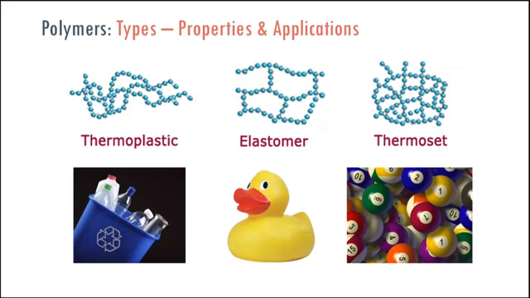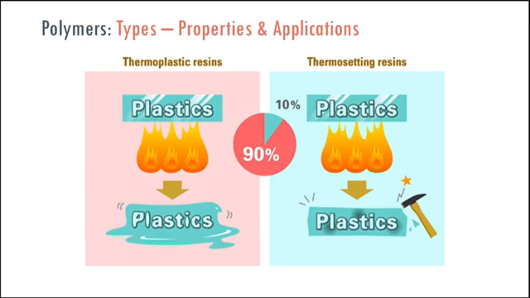The next classification of the polymers is classified by the molecular force. According to the molecular force, the polymer can be divided into three major parts. They are thermoplastic, elastomer, and thermoset. What is the difference between the thermoplastic and the thermosetting? Look at the meaning of the thermoplastic. The thermo comes from the word temperature, and the plastic